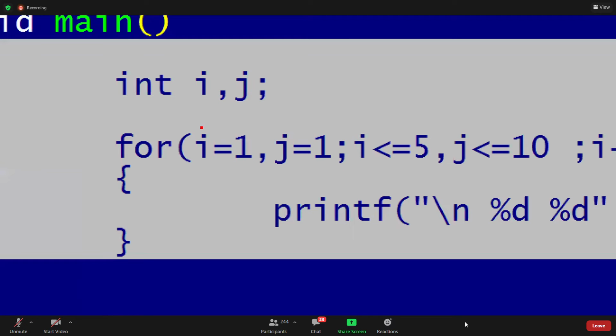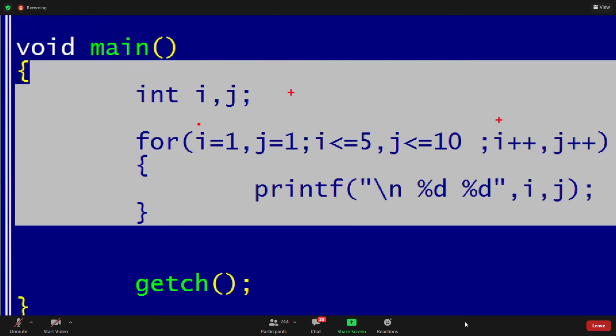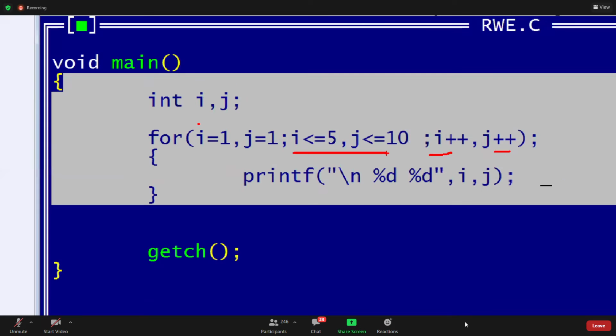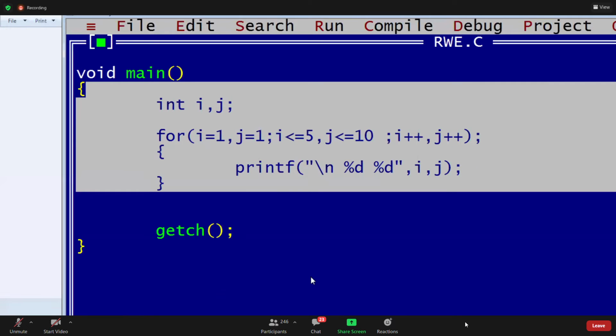Initialization, this position is initialization. We can write two values, then a separator. This is the increment/decrement position. We can increment more than one value. Condition: if you want to write more than one condition, to combine more than one condition a logical operator should be there. There is no logical AND or logical OR, that means you want to write one condition, then the comma acts as an operator there. Based upon the position, it acts as an operator, and based upon the right expression you will get that value, right? Either it is an operator or a separator. Clear, guys?